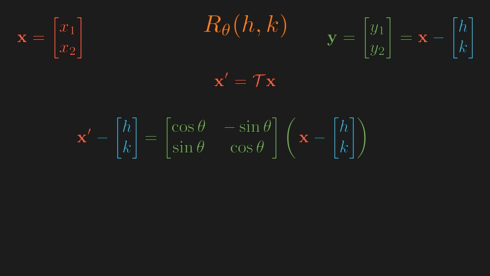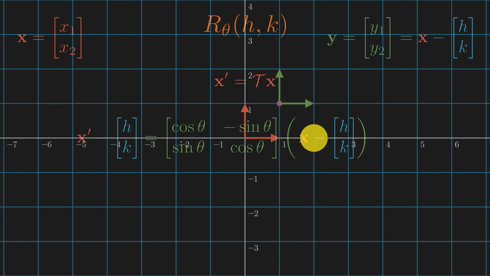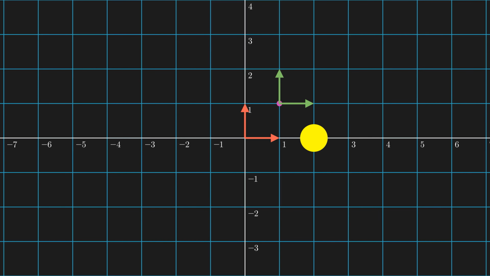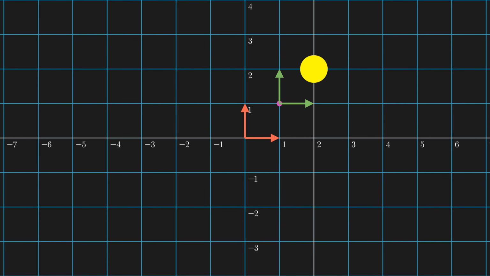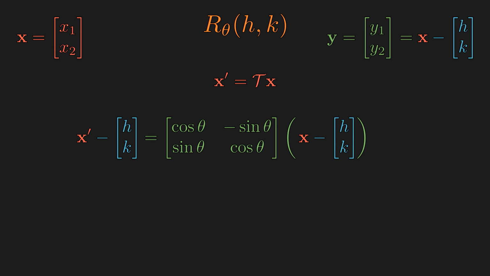This is a tricky argument to follow, so I think it's a good time to pause for a visual illustration. The yellow ball in x's coordinate description would be (2, 0). And y's coordinate description would be to subtract 1 from each entry. Now, we're going to apply some rotation about y's origin. The yellow ball's coordinate description in x and y is still (1, 1) apart. So x prime and y prime, which would be like the ball's position after transformation, are really the same point, just different coordinate descriptions.